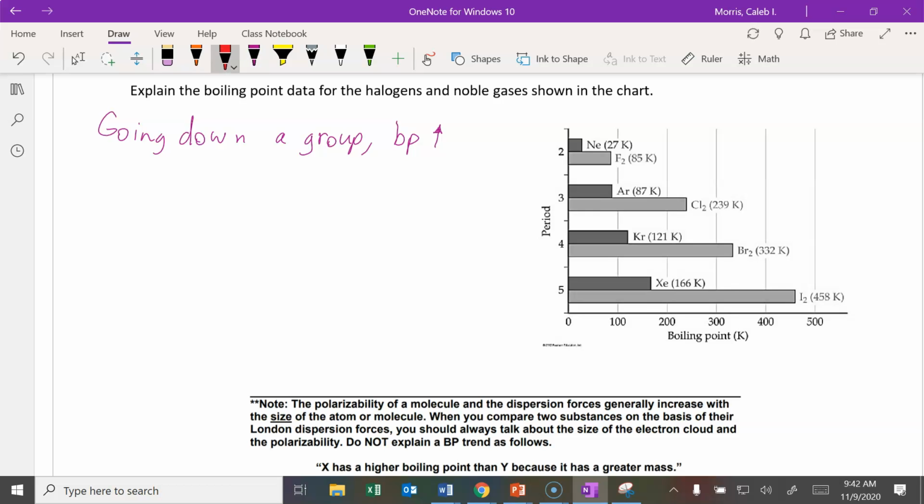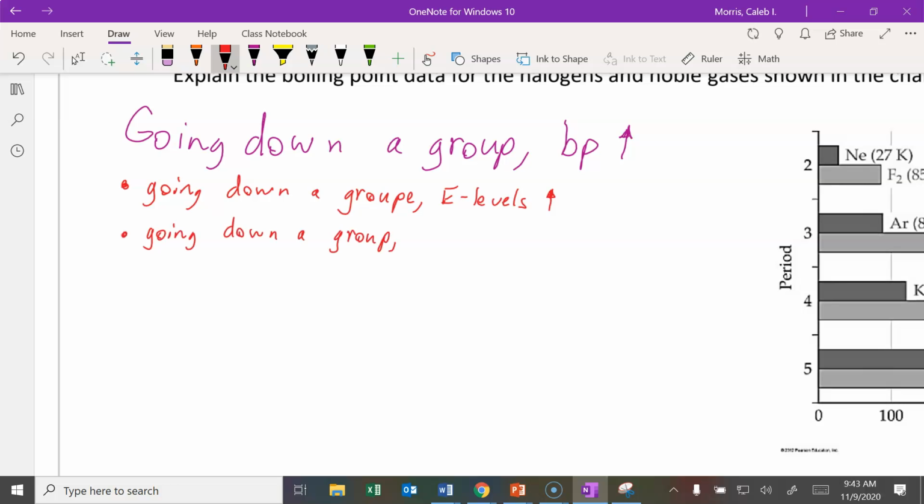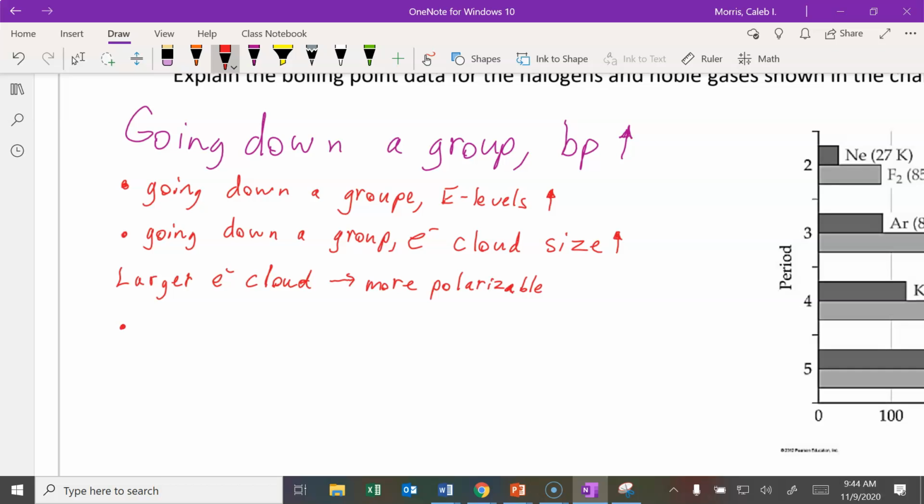Why is that? Well, the first thing that we know is going down a group, the number of energy levels increases. What that means is as you're going down a group, you get a larger electron cloud. So your electron cloud size increases. Larger electron cloud. It's bigger, it's easier to distort, so that means that it is more polarizable. It's more polarizable, or it has a higher polarizability. So what that means is the strength of LDF